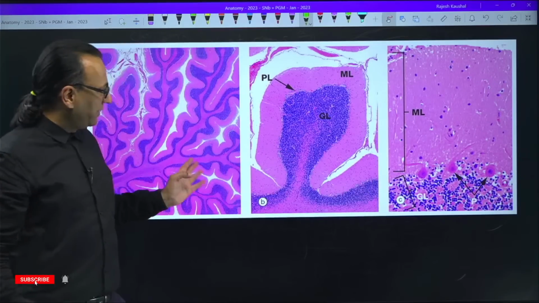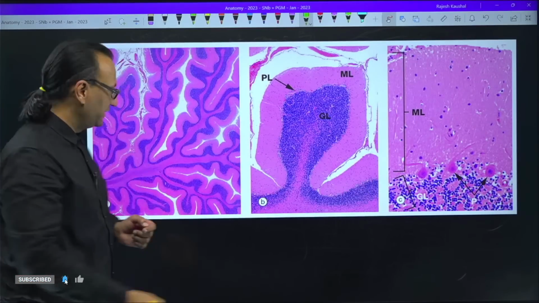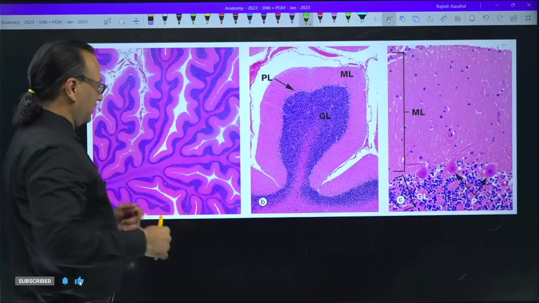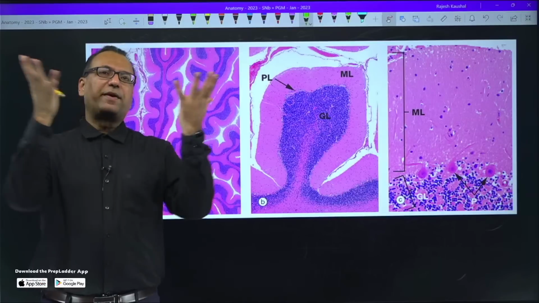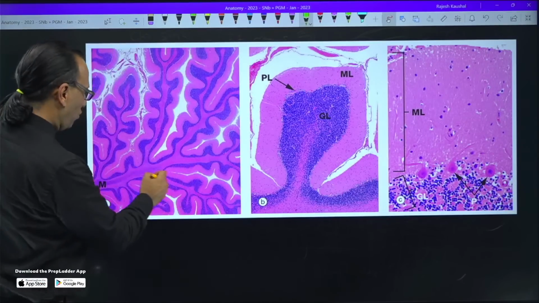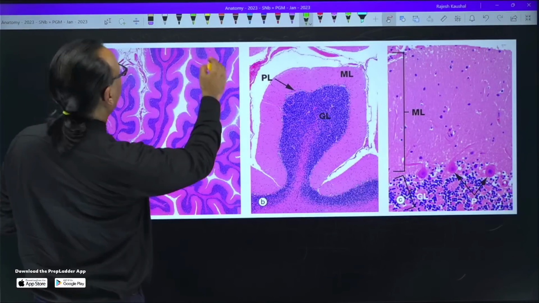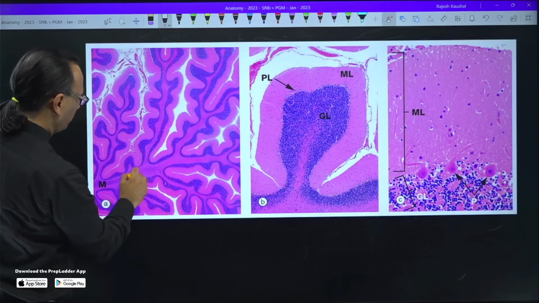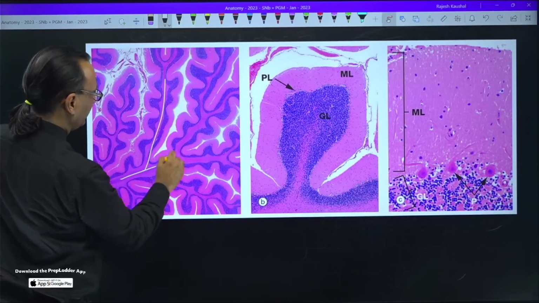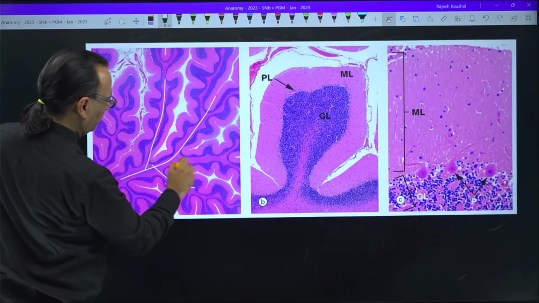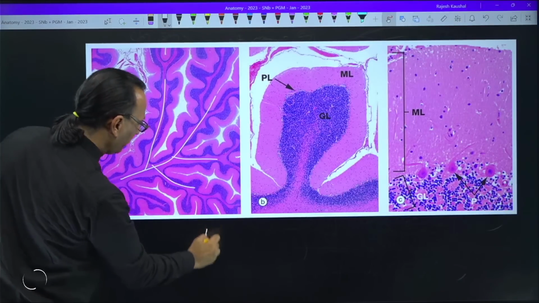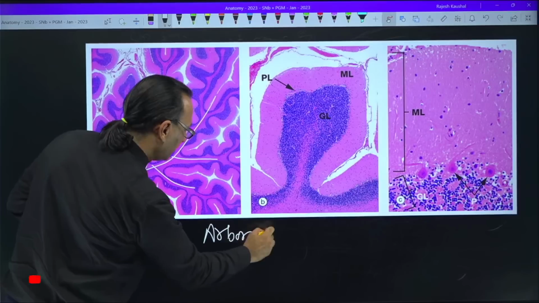So I think you can immediately find out what is this. Tree-like appearance, the white matter, if I draw it here, this is white matter, branching pattern, what you say, arbor vitae, the tree of life,